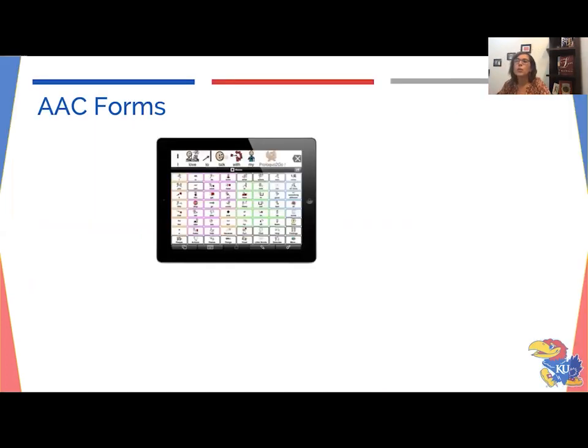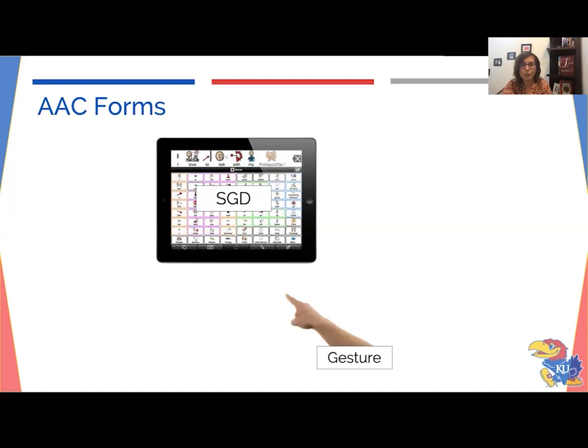Okay, so this is what most teachers and service providers probably think about today when they think about an AAC form, and that is a tablet with some sort of AAC app on it. But this is just one kind of AAC system, and it's called a speech generating device, or SGD. But there are many, many more. There's simple gestures like pointing,